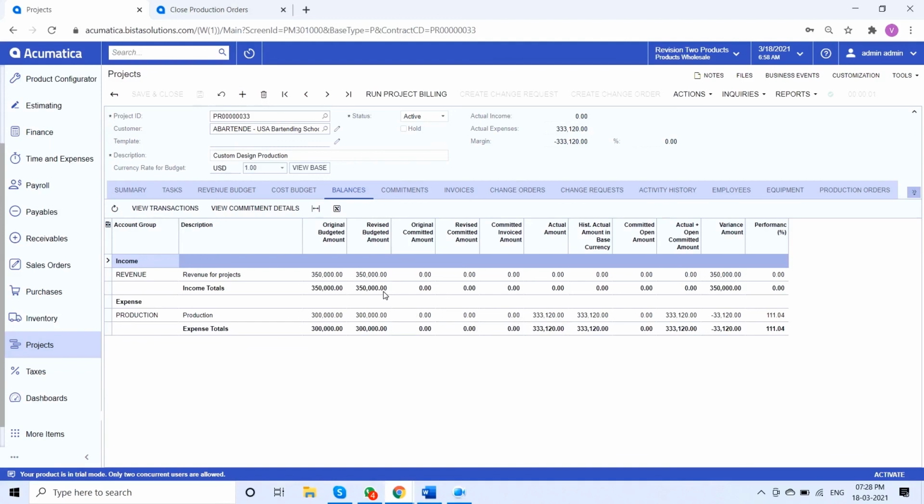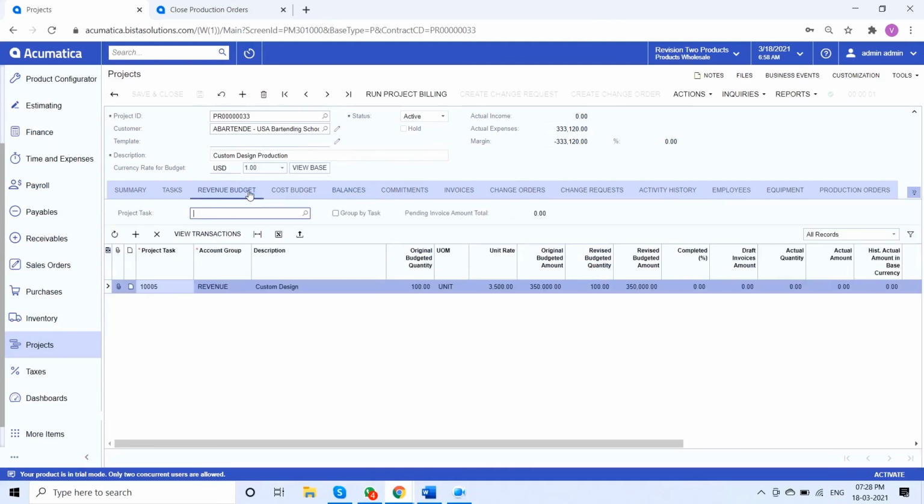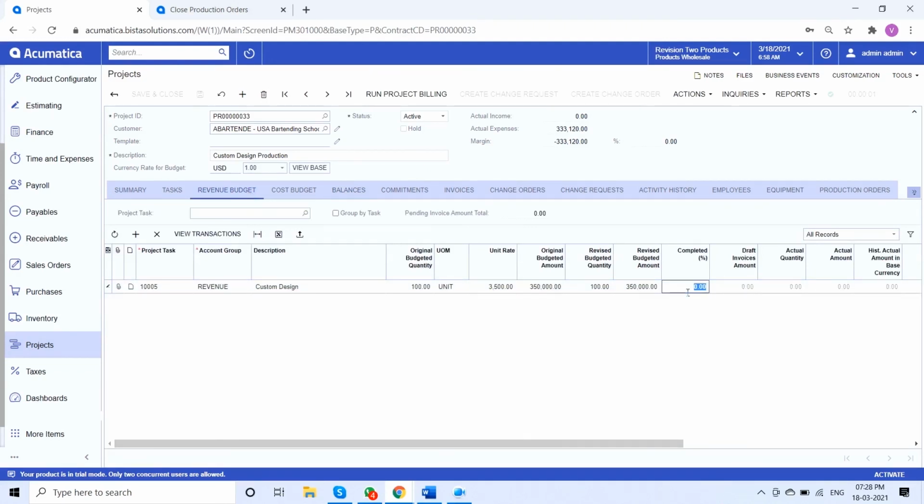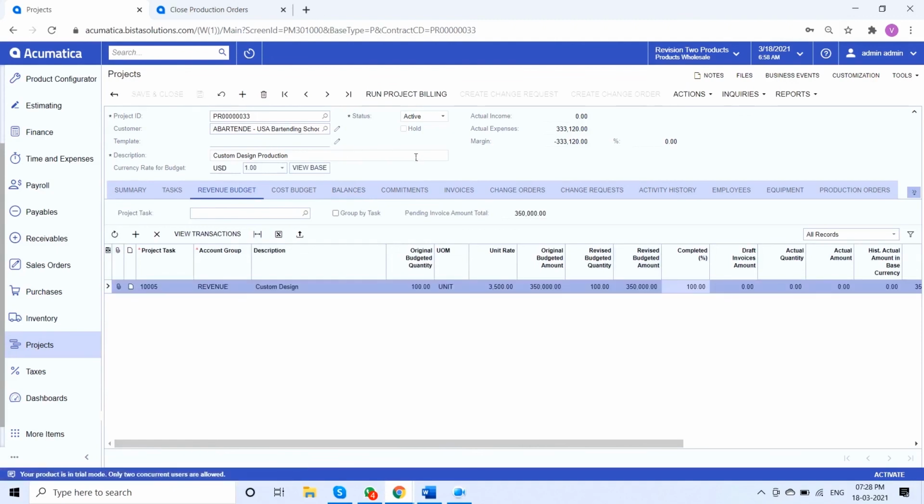But yeah, it is still under the estimated revenue budget. So I'll complete my revenue budget task so that I can proceed for the billing. So now the system has shown me the pending invoice amount of 350,000.